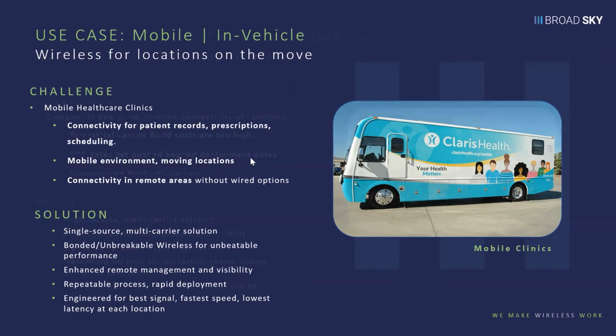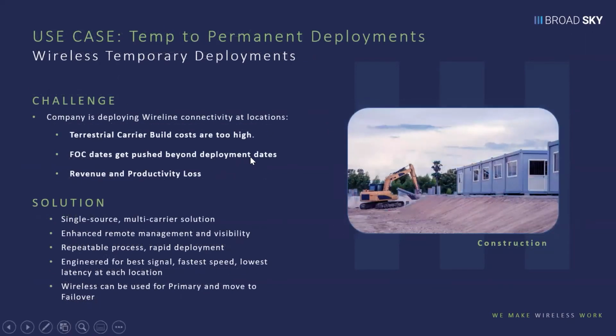So we'll move to the next case study, which is temp deployment and/or disaster deployment, either way. Companies do this all the time, and we do a huge business in this. We're going to be there for 6 months. We're going to be there for 9 months. Construction companies, I think, are 15 or 17% of BroadSky's business. We need high speed. We need to be able to do all the things that we do at an office, and then we're going to move on and go to the next place. Ordering fiber into a construction site is really a pain.